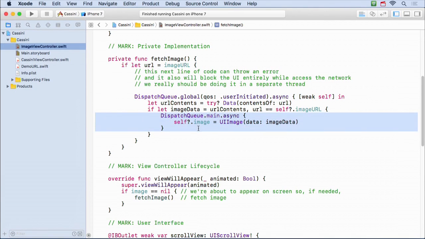Now, of course, things that you put on the main queue tend to run pretty quick, but even so, you just have to be cognizant of the fact that even though it looks like this line of code's going to happen, then this line, then this line, it's not going to happen that way. It's going to happen more like the slides, where things happen a little bit out of order because things are happening asynchronously. Async means asynchronously, out of time, not lined up in time. Okay, everybody got that? Okay, so let's see if that fixes all our problems.